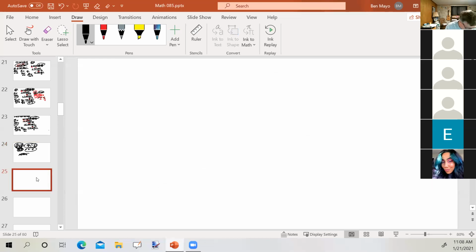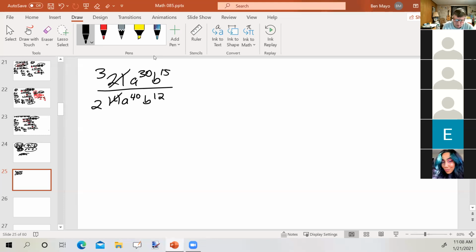All right, one more here. 21a to the 30th power, b to the 15th power, over 14a to the 40th power, b to the 12th power. So here we just have a monomial divided by a monomial. We're going to just simplify it. I can divide 21 and 14 both by 7 and get a 3 on top and a 2 on the bottom. If I take a to the 30th